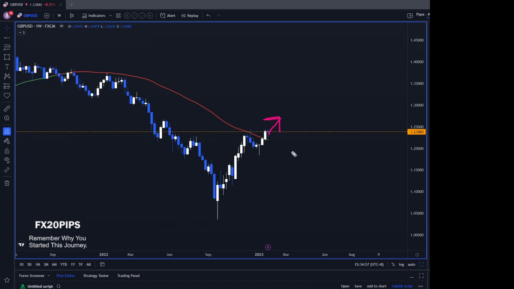Now, without looking at other things, just briefly to see, we have a wick here, goes up, down, a wick here, goes up, right? Sellers try to push it down, buyers come back in again. That's why you have the doji. But buyers don't want to bring it much higher than 1.24. Why? Like I said, because of the news this week. They want to have some certainty, and then they will decide whether to bring it up or sellers